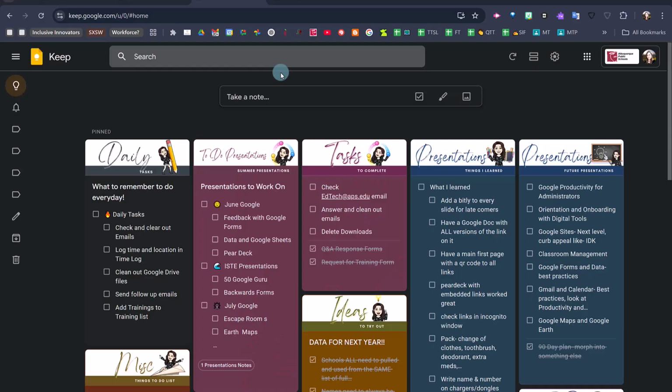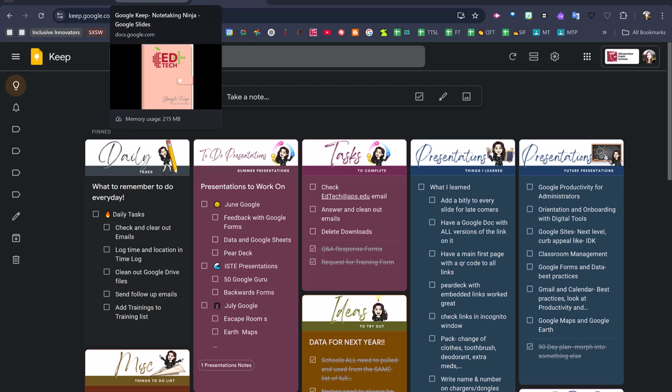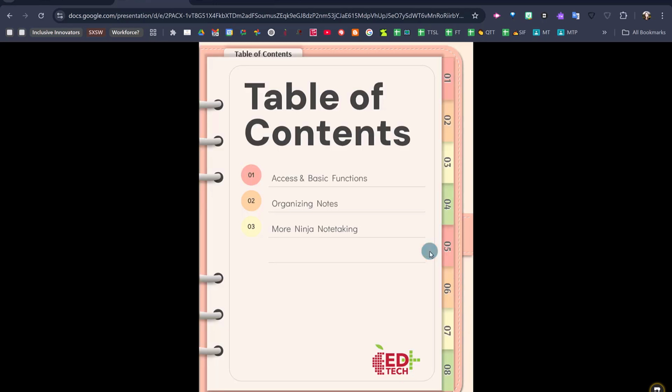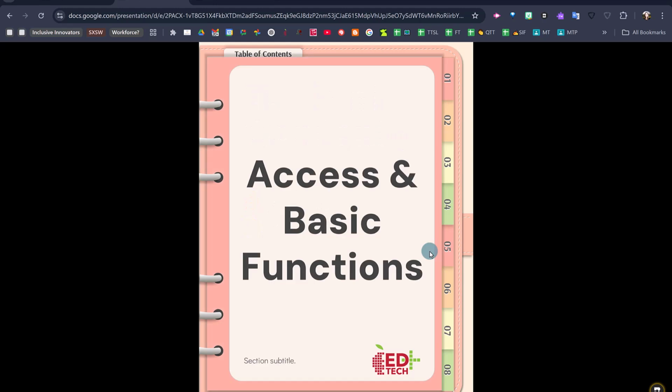So this EdTech Bites is going to be just a quick little overview of some of my favorite Google Keep note-taking ninja hacks here. What I have for you, it's going to be put in the YouTube description, is a link to this lovely little slide deck, and it has access and basic functions, organizing your notes, and then more about ninja note-taking. So the first thing we are going to talk about is getting access to a Keep